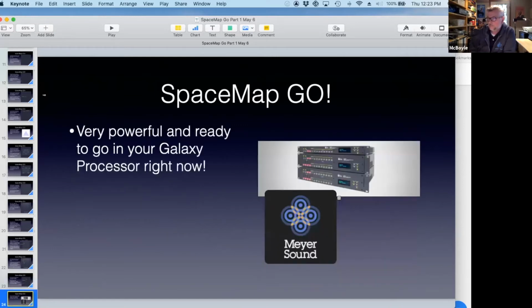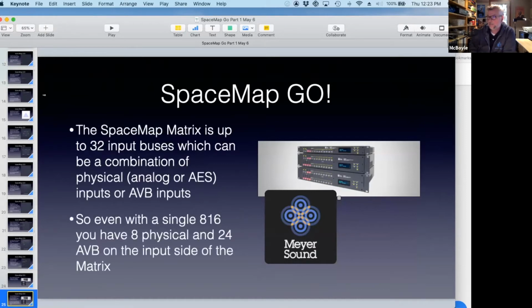Yes. So very powerful and ready to go in your Galaxy processor right now. Talk a little bit about the I/O side. So the Spacemap matrix is built up to 32 inputs. I'm calling them buses because I think they call them channels inside the box, but when we think of channels in a console, you might have, I don't know, 8 violins and 8 violin mics on 8 channels,